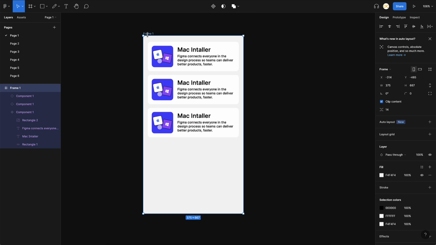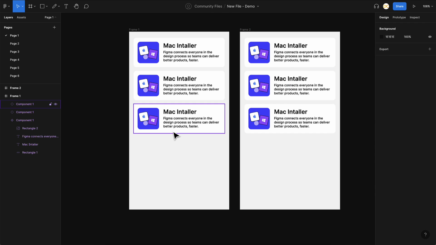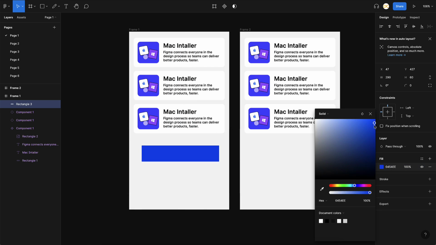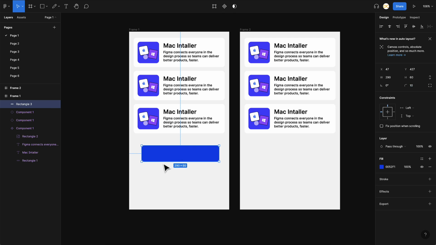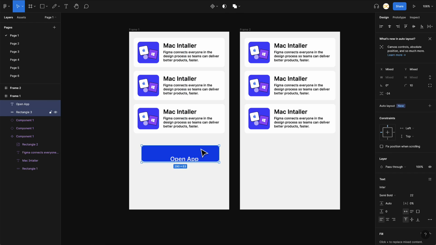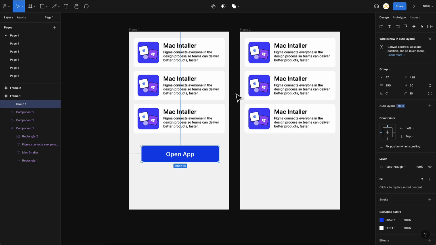So what I'll do is I'll just duplicate this frame and show you how prototype works. Let's say we have a screen where these populate in. First time you don't see anything, and maybe on a button click, I'll just create a small button here. I'll just use a rectangle and give it a color. We'll make it a bluish color and give it some rounded corners and call this open app. This is just a very random demo, right? Just to show you the prototype feature. So here we have a button, and when I click on open app, that is when I want these cards